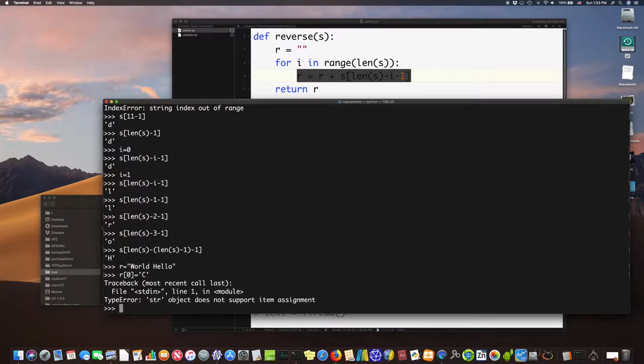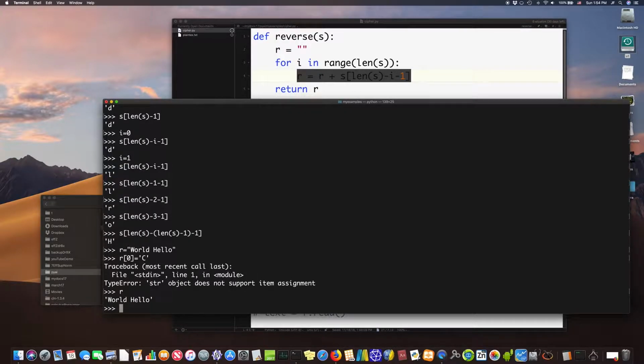This is a static type. It's immutable. You're not allowed to change it. But what you could do is something like this. If you just want to put a C there, so here's R, you could say R equals R 0 plus